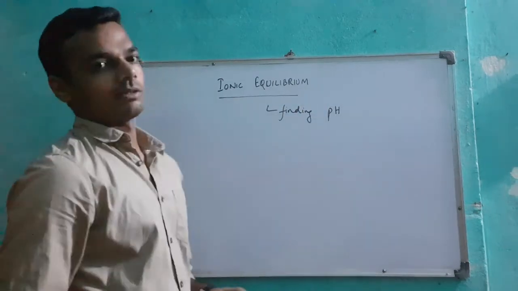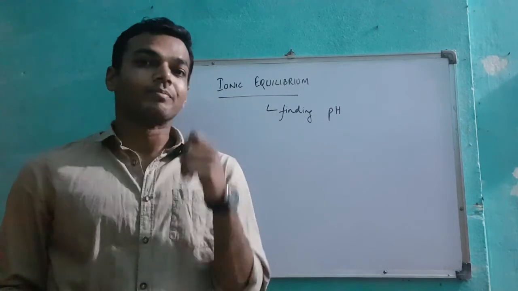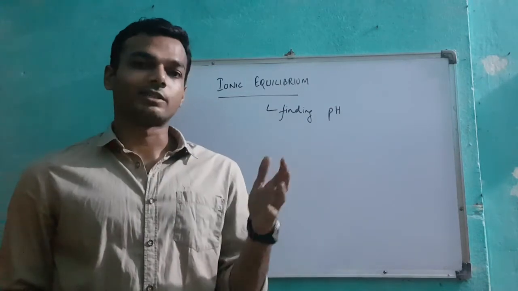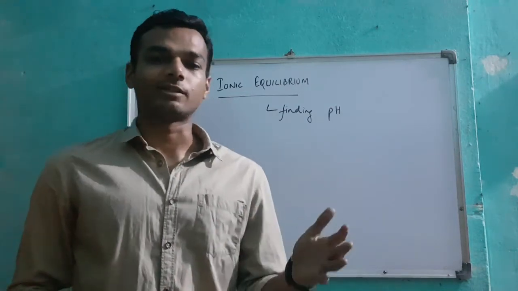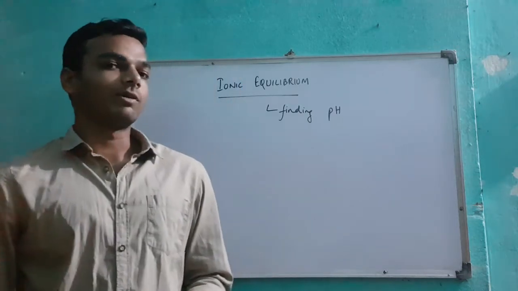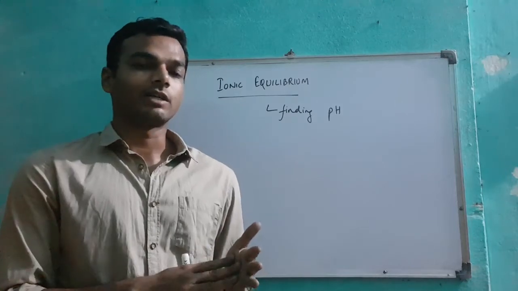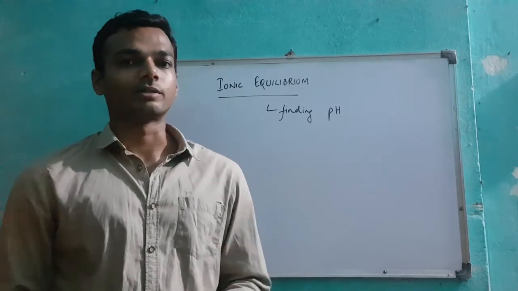The pH of a solution tells us about the acidity or the basicity of the solution. The lesser the pH, more is the acidity, more is the pH, lesser is the acidity. Now this is something that we have learned in 9th and 10th, but right now we learn how to find the exact value of pH given the concentrations and dissociation constants of all the chemicals.